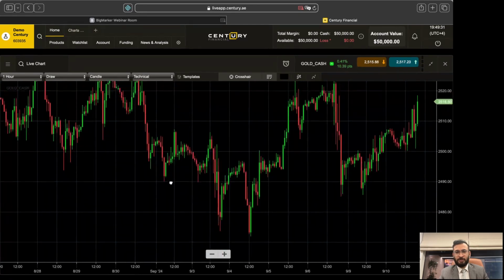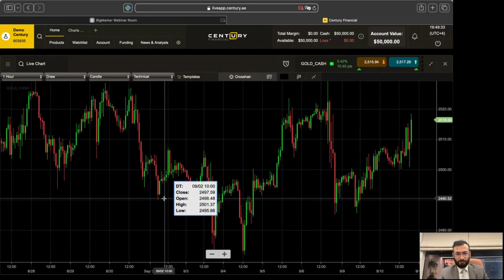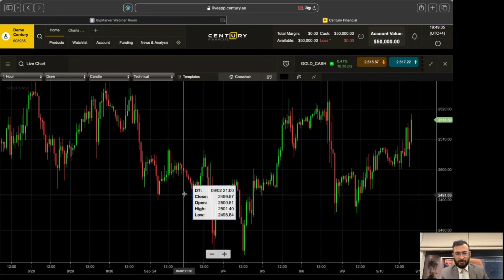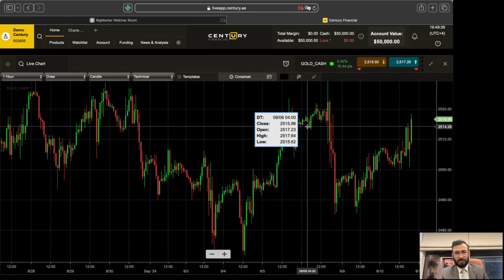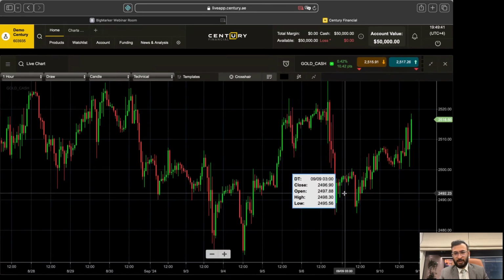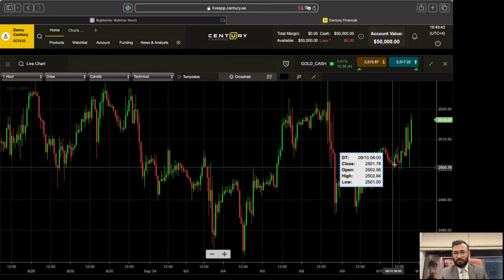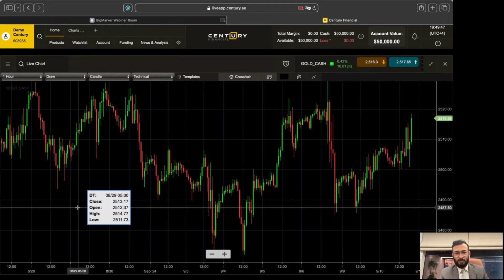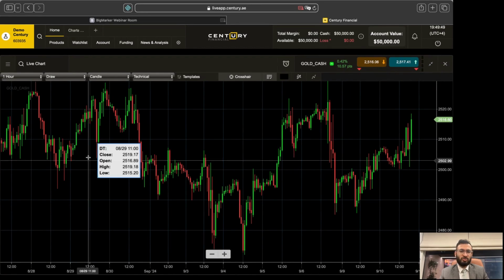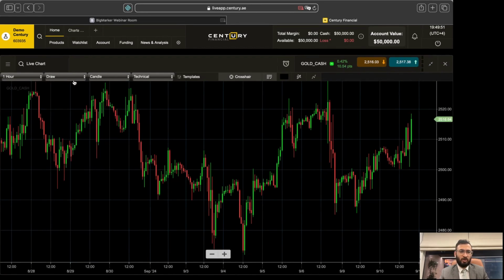When you see the beginning of September, this is 3rd, 4th, 5th, 6th, and then again 9th, because on the 7th Indian markets were closed, Saturday, Sunday, and again 10th. If I were to identify the range of gold, let's say